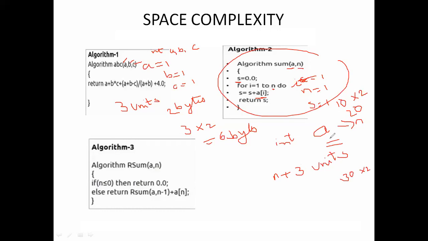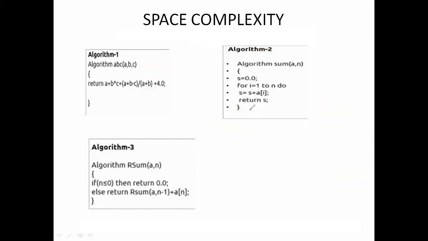So here the size of the array will increase depending upon the n value. So this type of values we call a variable part. Here i and s are the fixed part. Okay, clear? These are not repeated programs, just the basic programs. Coming to another example, see here, just a small example for better understanding.